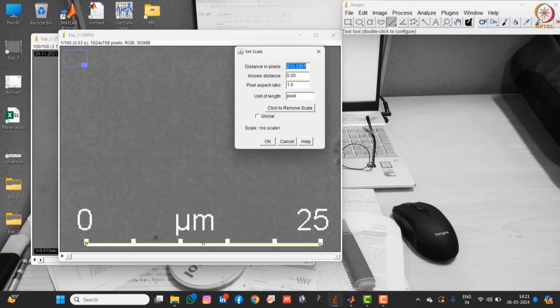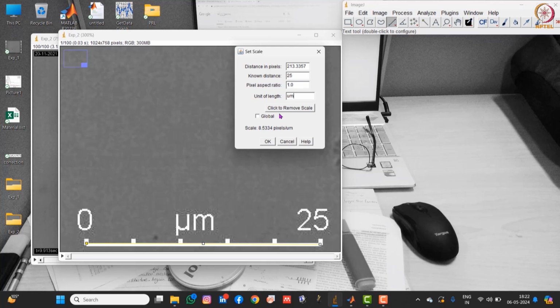The pixels covered by the line are 212 point something, right? Now I know the distance is 25 micron.